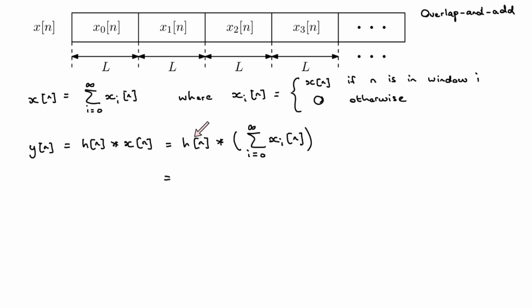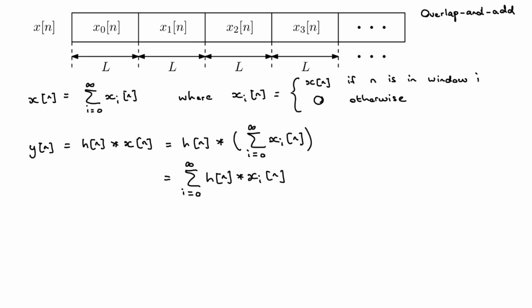Now the cool thing about convolution is that one of its properties is that if I convolve with a sum, that is the same as summing up the convolution of the individual elements. The convolution of the sum is the same as the sum of the convolutions. So I can take that hn into the parentheses, and I end up with hn convolved with xin. This is very simple. That is just the convolution of that block, plus the convolution of that block, plus the convolution of that block.